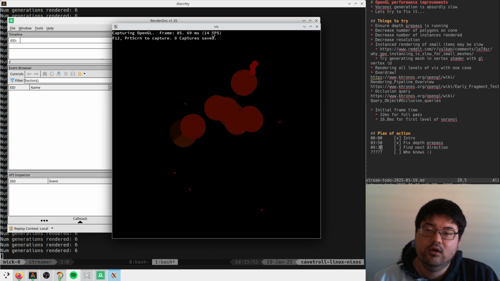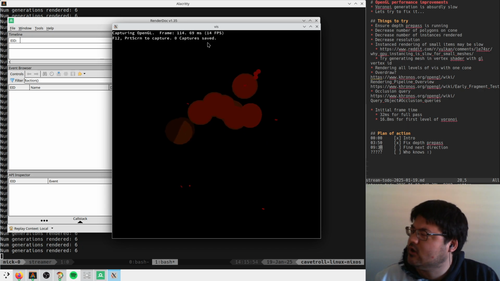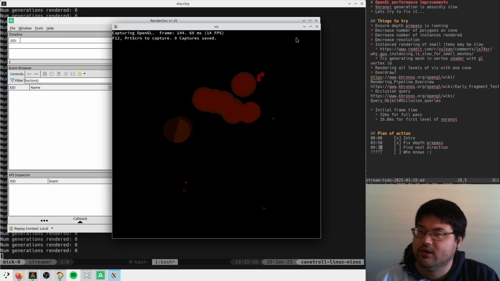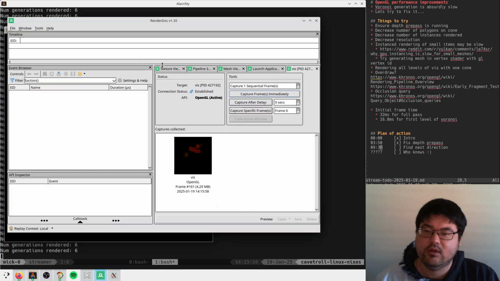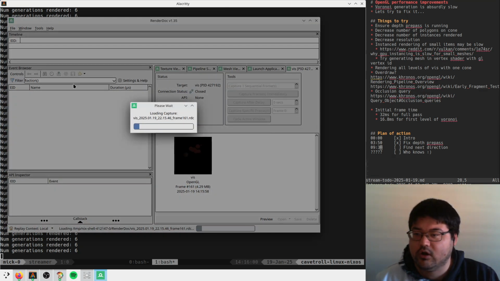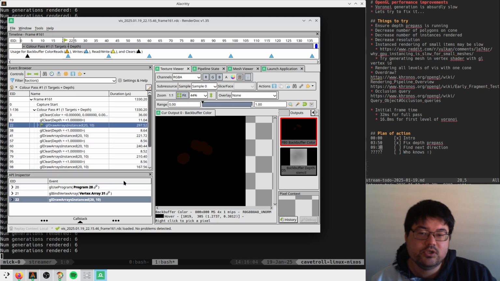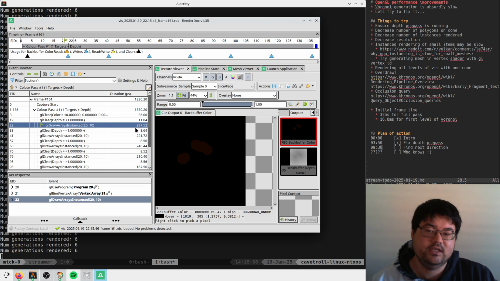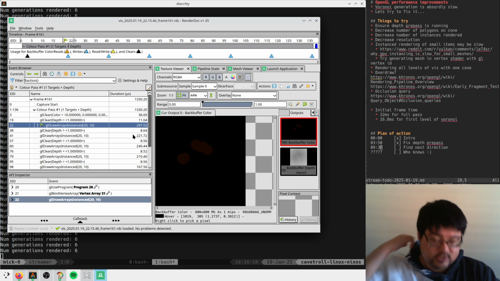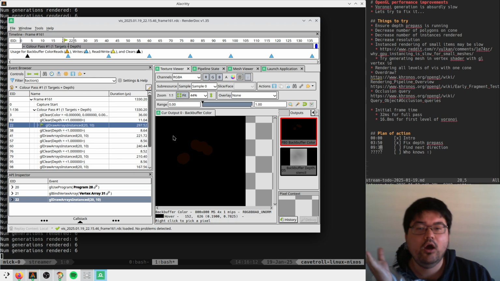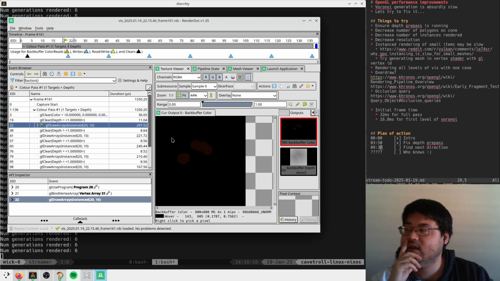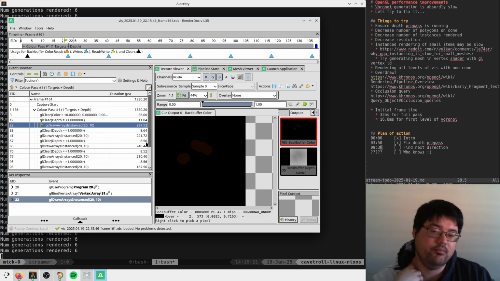I don't think that we ever uncapped our frame rate here, so I think this frame rate counter is not a good indicator, but the timings in RenderDoc probably are. Yeah, so here we also heavily reduced our render time from 5 milliseconds down to 0.2 milliseconds. So somehow